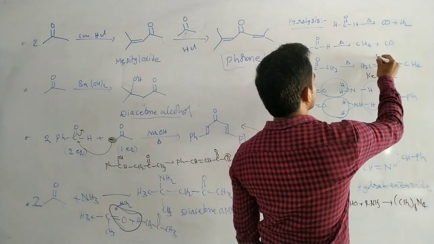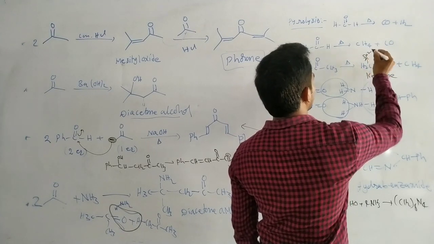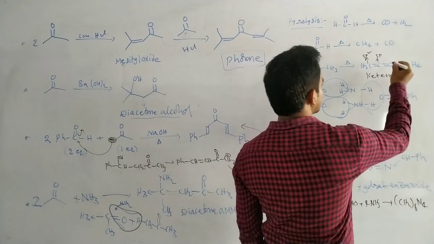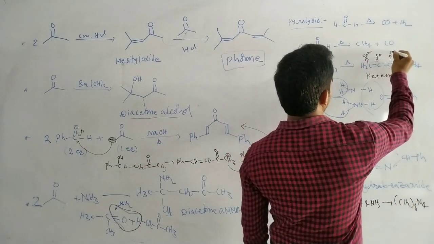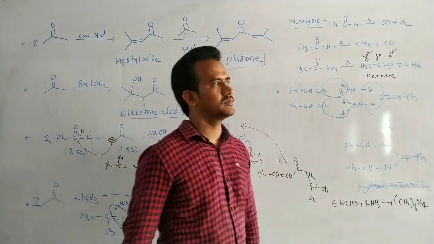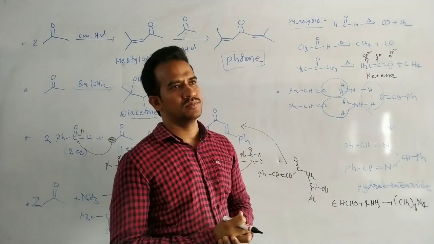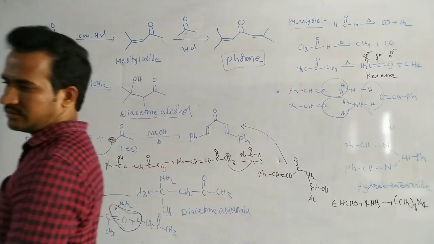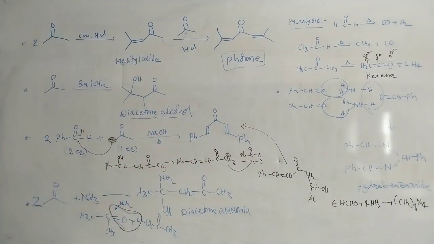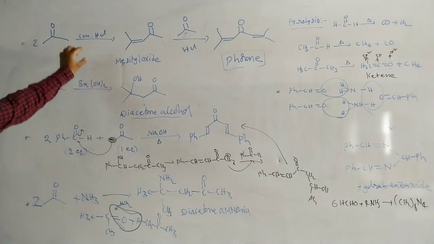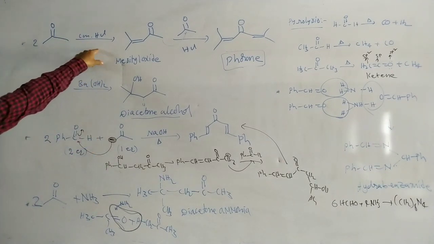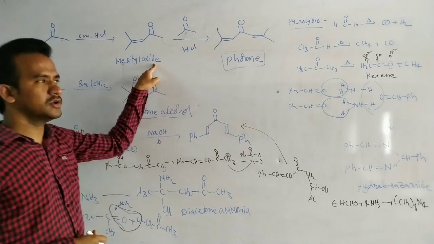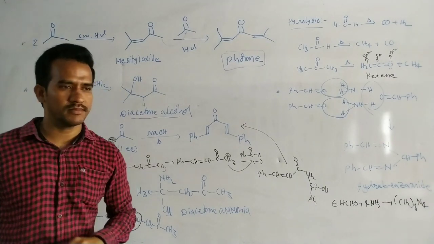In ketene, this carbon is sp hybridized and this carbon is sp2 hybridized. This oxygen is also sp2, because it has 1 pi bond, 2 lone pairs and 1 sigma bond. So these are the pyrolysis reactions. Write down and just remember the basic reactions. It is a Diels-Alder reaction 2 times, also a Diels-Alder reaction 2 times. For the formation of mesitylene, 3 equivalents of acetone are required. For the formation of mesityl oxide, 2 equivalents of acetone are required.